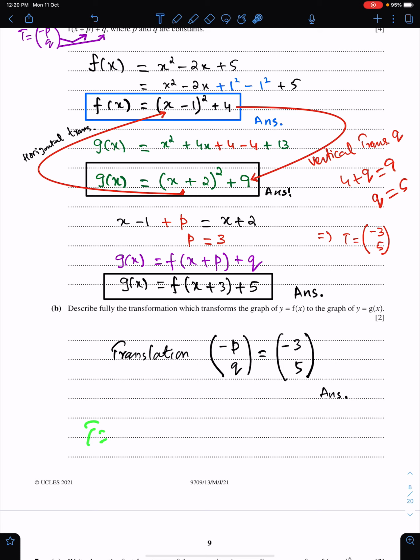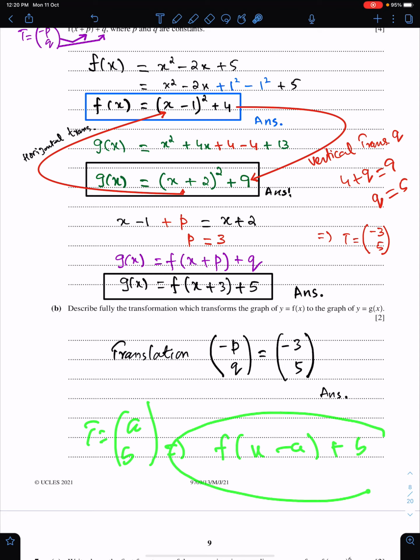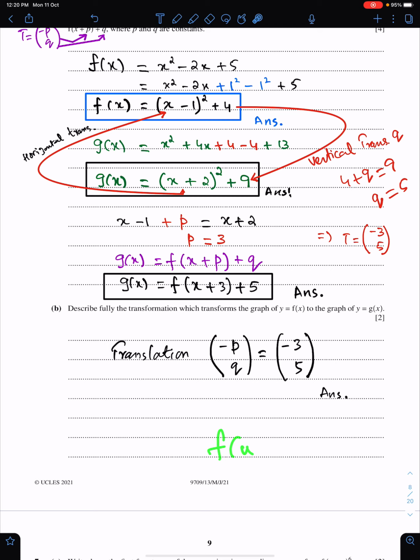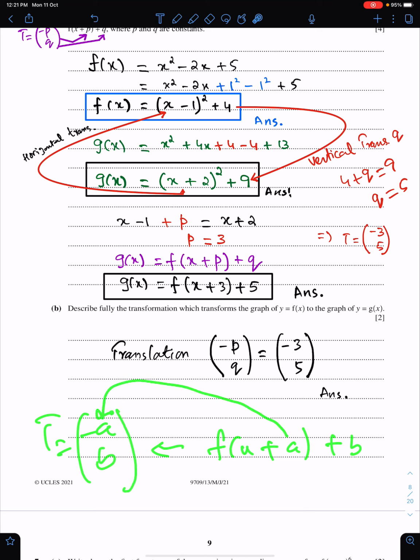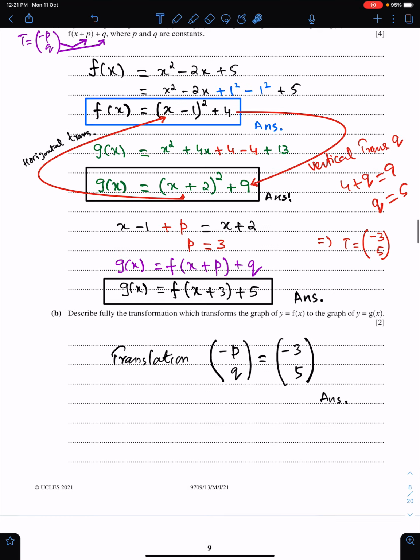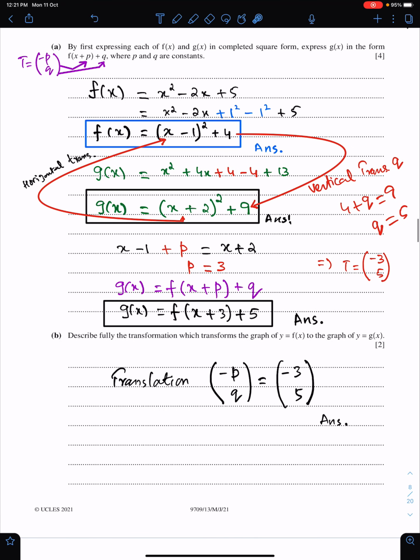that if translation vector is (a, b), then in equation we write this as x minus a plus b. We always change the sign of the x component. So if the equation is x plus a plus b, then translation vector must be minus a, b. This will be with opposite sign. This is the rule of the horizontal component for translation.